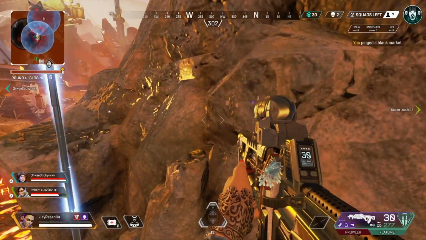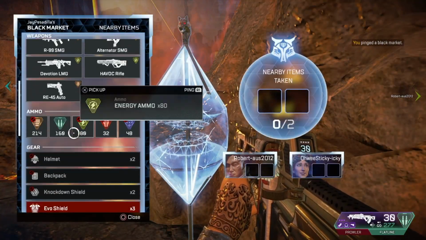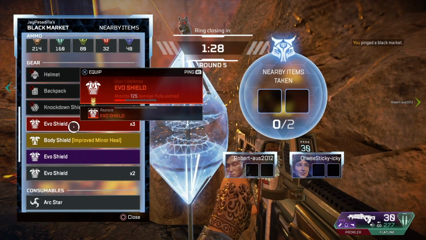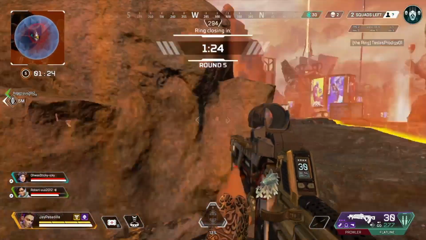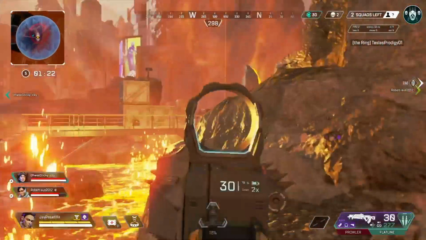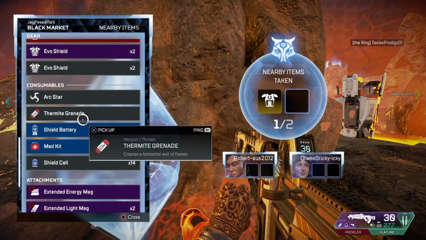As for her ultimate, she has a black market, which as you can see here, allows her to see all the loot in a particular area. On the minimap, there'll be a circle to show you that area that she can see, and it's just a great way of being able to get a hold of that loot, get it before anybody else,